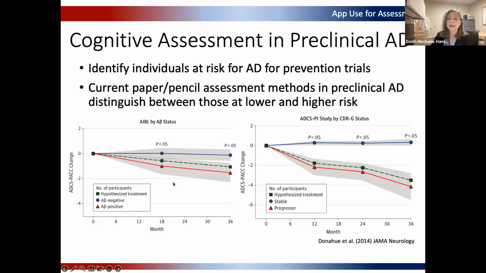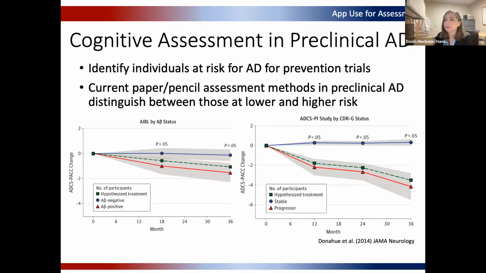And that is our goal over time, to be able to make that distinction as early as possible in potential research participants and also clinical patients, something that's becoming even more important as lecanemab and other kinds of drugs and treatments are coming to market.